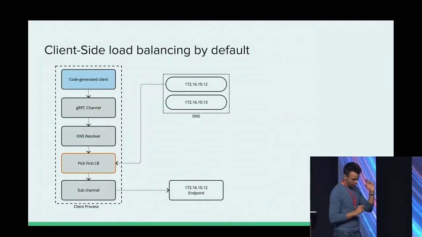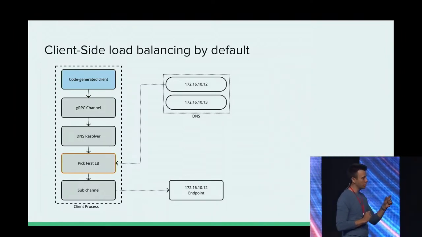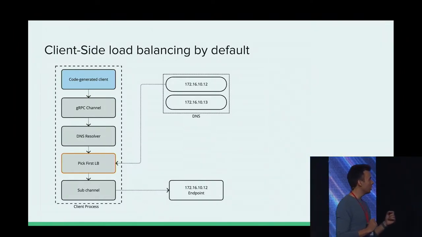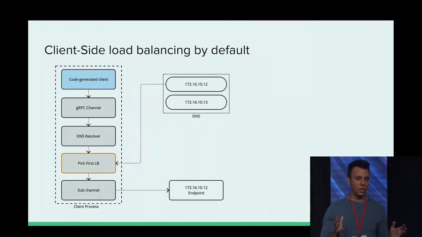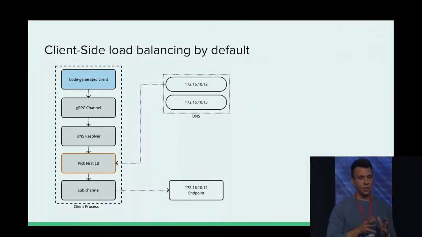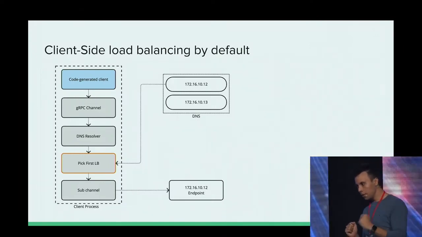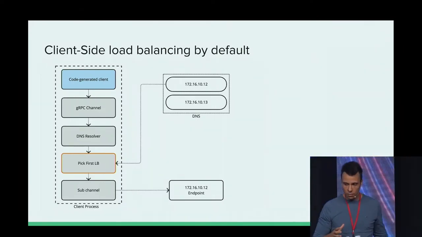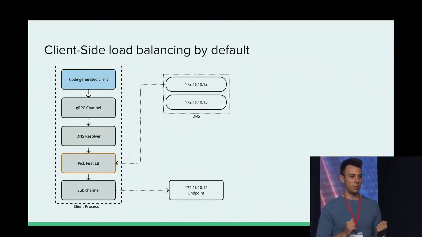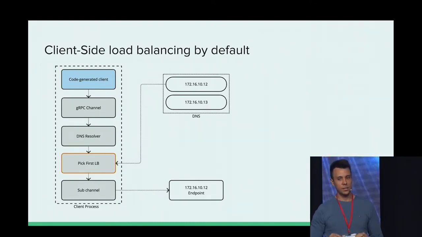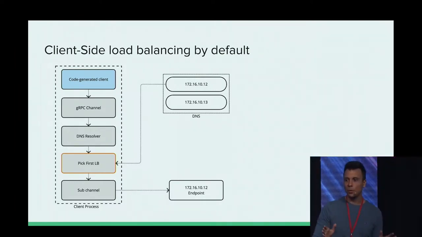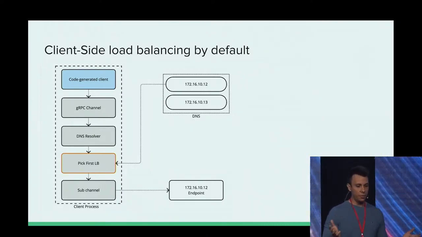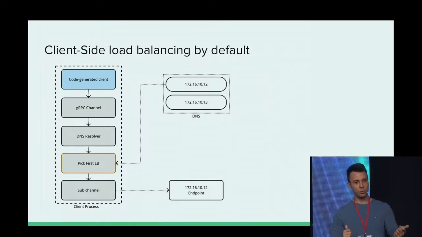We essentially changed the prefix when we configure the server endpoint. What we did is we changed the resolver. There is this component that is called a resolver, and what it does is it needs to discover the IPs where requests will be sent to. By default, when the resolver discovers those IPs, it sends them to the load balancer, which is a component in the gRPC stack. By default, this load balancer is pick first, and it's a super simple and super elegant idea. I have 3 IPs. I get the first one. If I am able to connect to it, that's my guy. I just start sending requests to it.